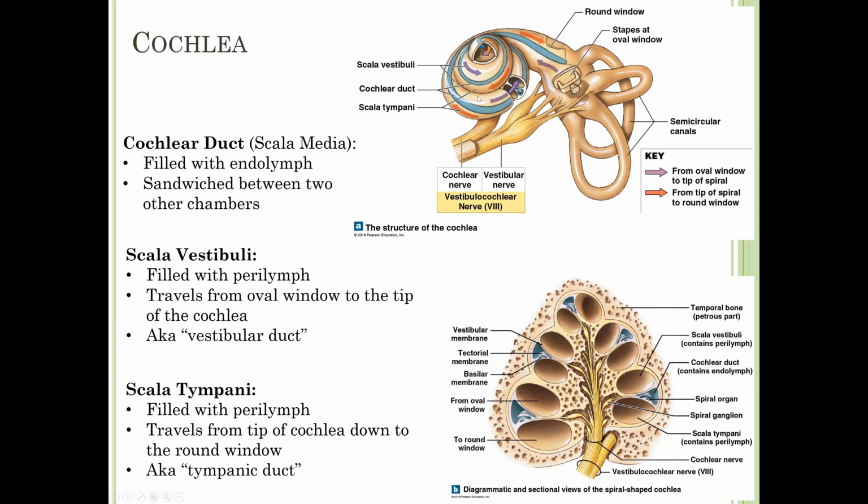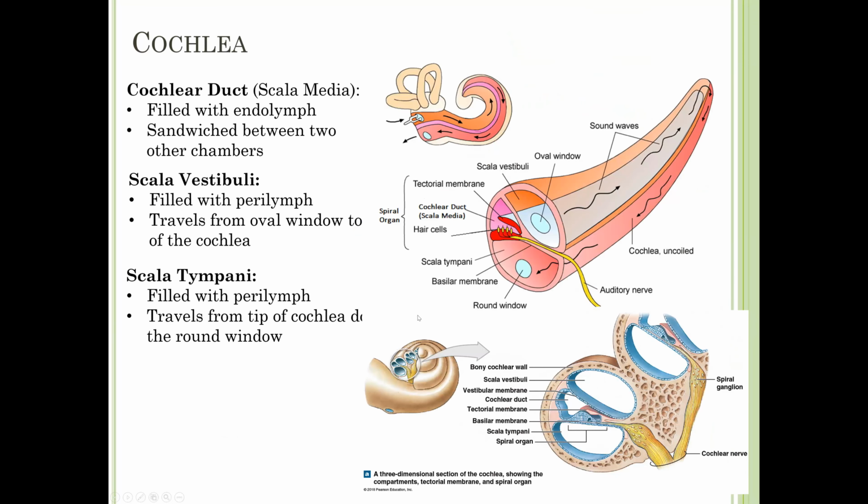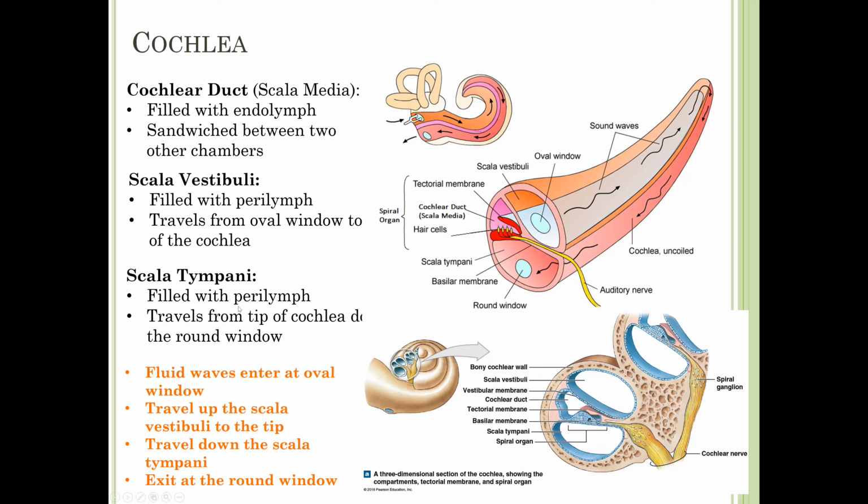It can be a little hard to visualize with the way the textbook has it drawn, so I have another picture here for you to look at. Again, I have the same information here, but if you look at this top image up here, the snail shell has been unwound, which makes it a little easier to see. So in this top image, the cochlear duct, which is also called the scala media, would be this middle skinny purple line. And then sounds come in through the oval window, which is under the stapes, and they travel upward. That would be the scala vestibuli. And then at the very top, they cross over and travel back down, and that would be the scala tympani, and ends at the round window.